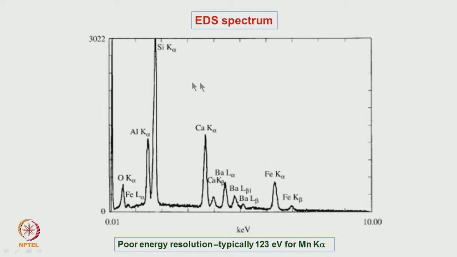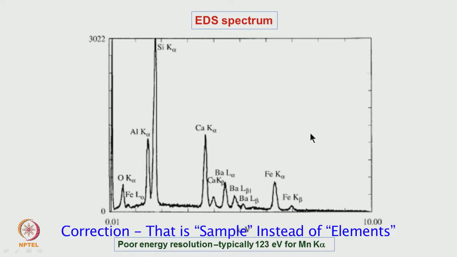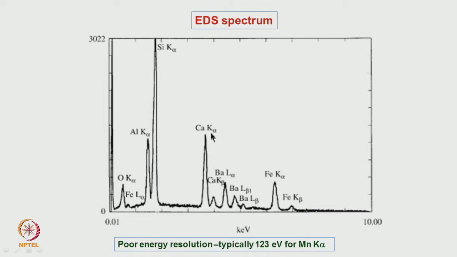If we want to find out an absolute concentration, first we have to identify what all elements are present. Then under identical conditions of beam current and experimental conditions, we have to use standards for various samples and find out the counts corresponding to that. That ratio between the counts obtained in the actual sample and the counts obtained from the standard sample could be used to find out the absolute concentration of the elements present in the sample.